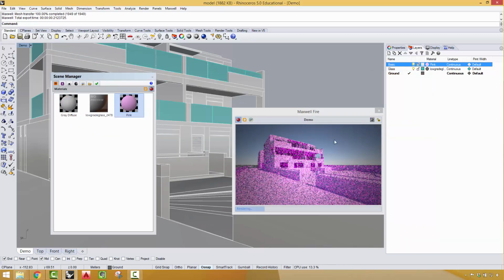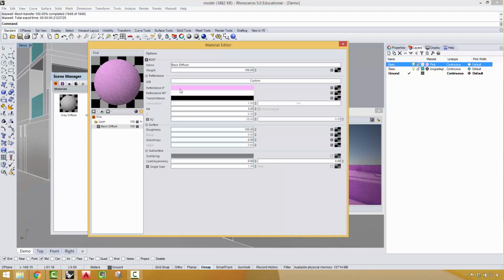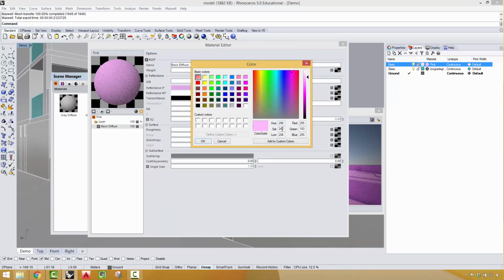Oof. Yikes, right? It's like the Simpsons house. Now, don't do this, but this is a good sign of also saying that things that have too much saturation are not really